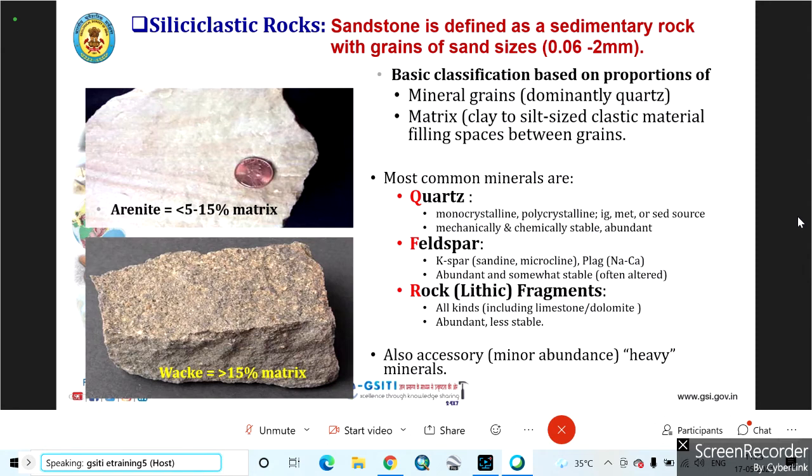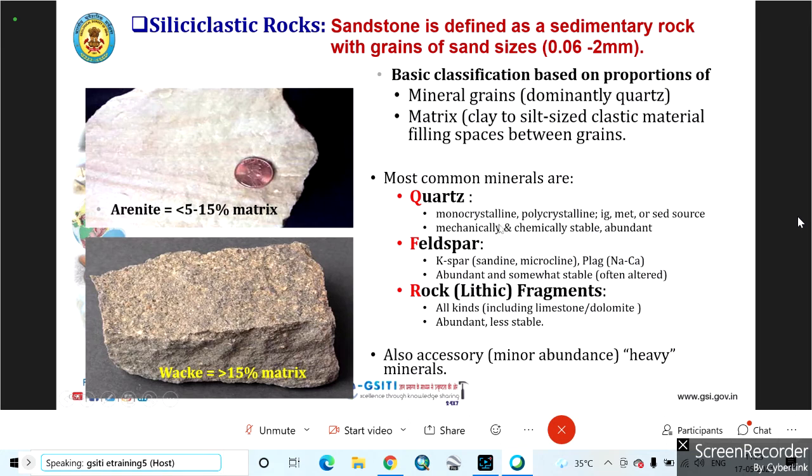It means there is a single crystal that has been formed in the igneous rock, through the interlocking crystal pattern developed in the plutonic rocks, and when that is transported and deposited in the basin, that is the monocrystalline quartz,